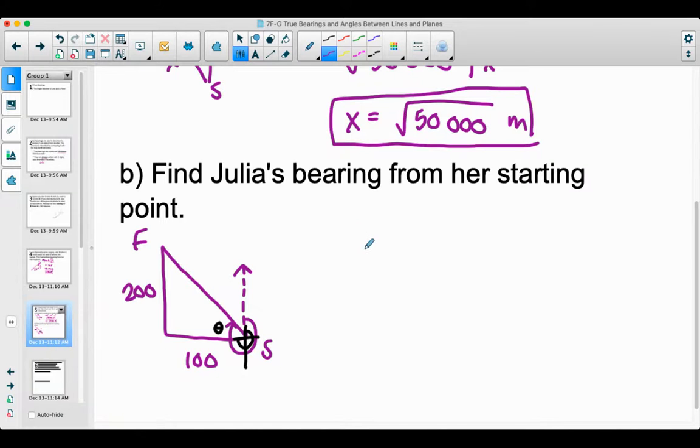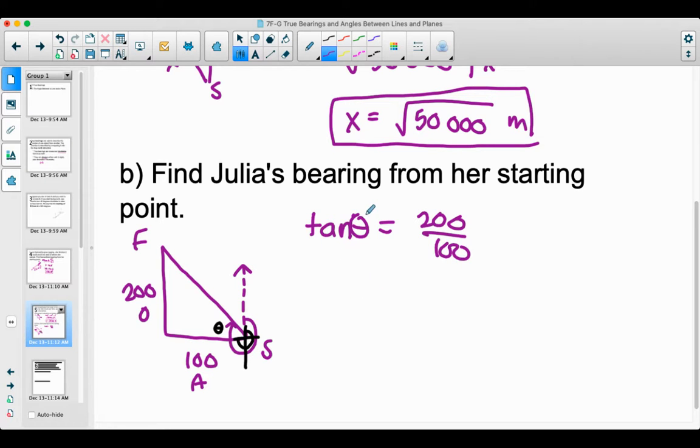Okay, so in my last video I got cut off, so let's finish this problem here. We talked about how 270 plus this theta is going to give me my bearing. This is my opposite, and this is my adjacent. So again, we have tangent here. The tan of theta is equal to 200 over 100, which is really the same thing